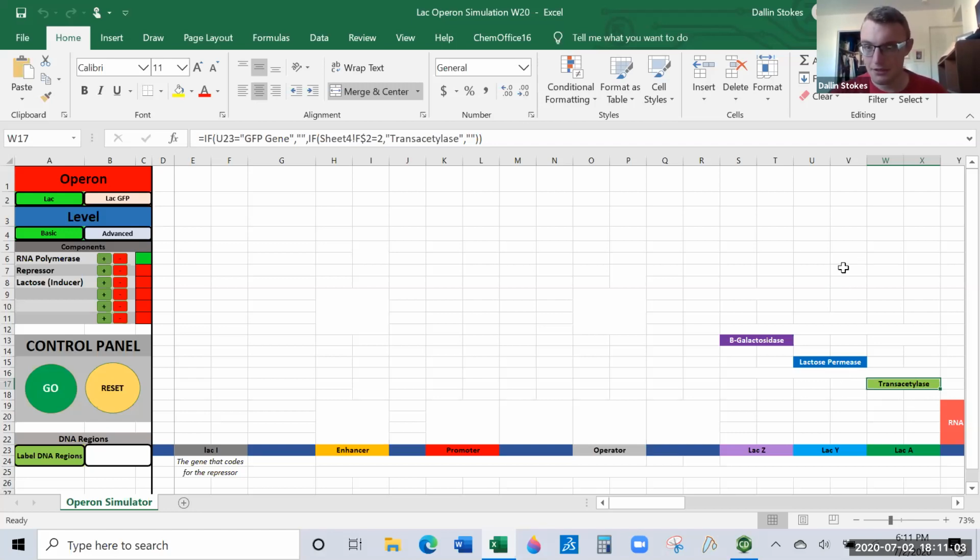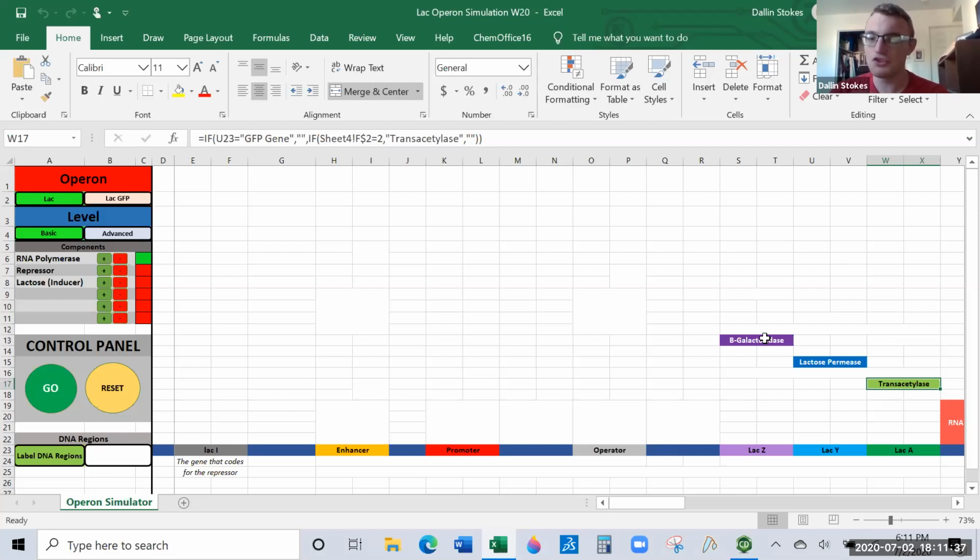Now that's bad. Not with all proteins, but in this case, that's bad because it takes a lot of energy to build a protein. So we don't want to waste energy building proteins that aren't going to help us. If you think about it, these proteins, their job is to destroy lactose and turn it into glucose. So if there's no lactose for them to destroy, then building the proteins is a complete waste of energy, because they're just going to be built and float around and do absolutely nothing. And I just wasted all the energy I used to build those proteins.